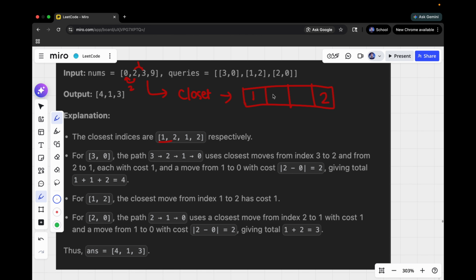So here it will be 2, right? For this one, the difference is 1 and the difference is 6, so 1 is lesser, so it will be 1, right? This particular index. So once we have the closest, now if we want to go from this one, 1 to 2, so 0 1 2 3, and what we have is nums,